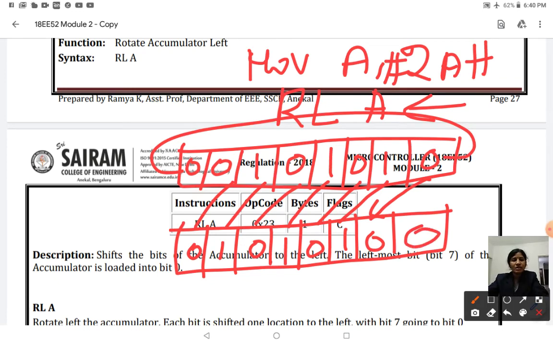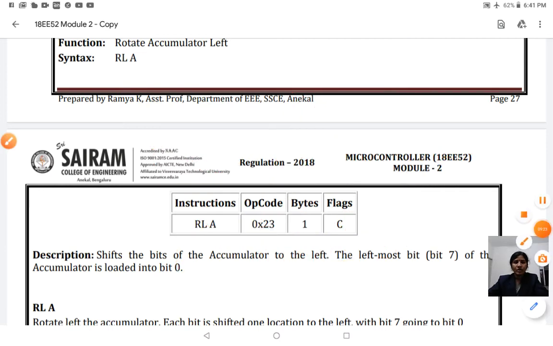So after execution of this rotate left accumulator instruction, it is going to be 54H. 54H is the answer that is loaded onto the accumulator after executing your RLA instruction. Are you all clear?